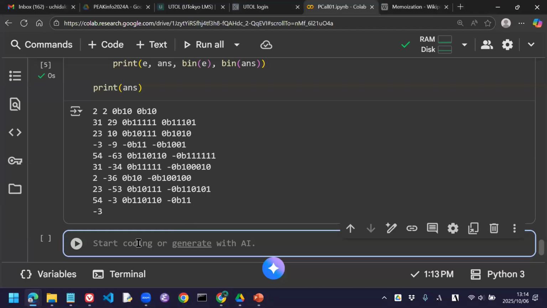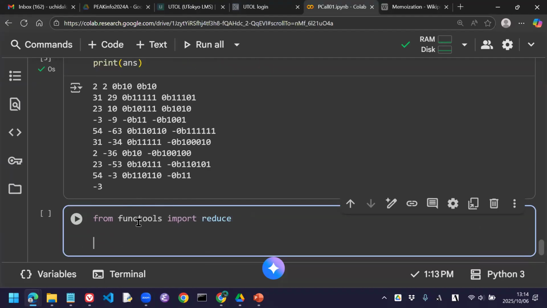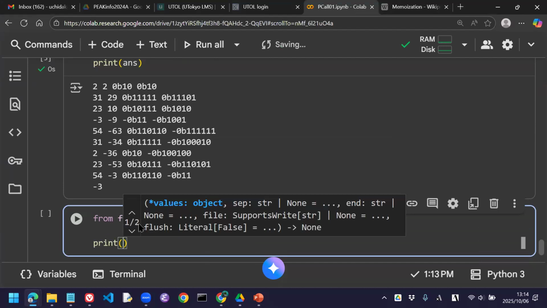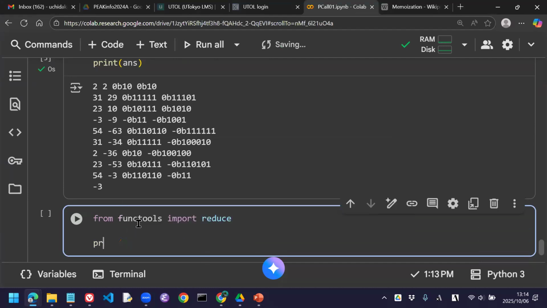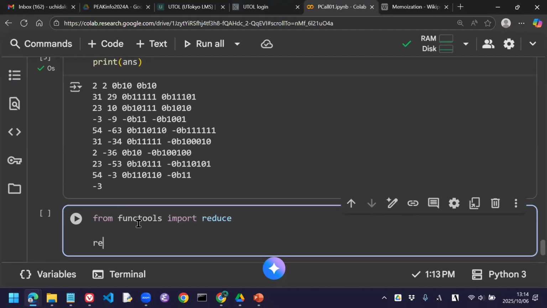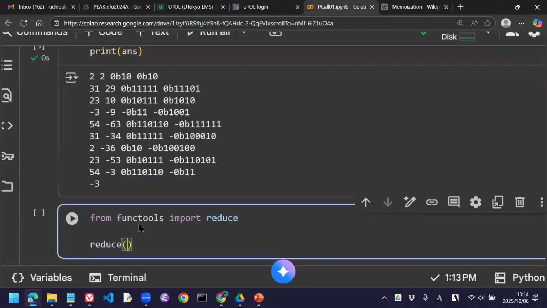So usually we do from functools import reduce. And then answer is reduce, and